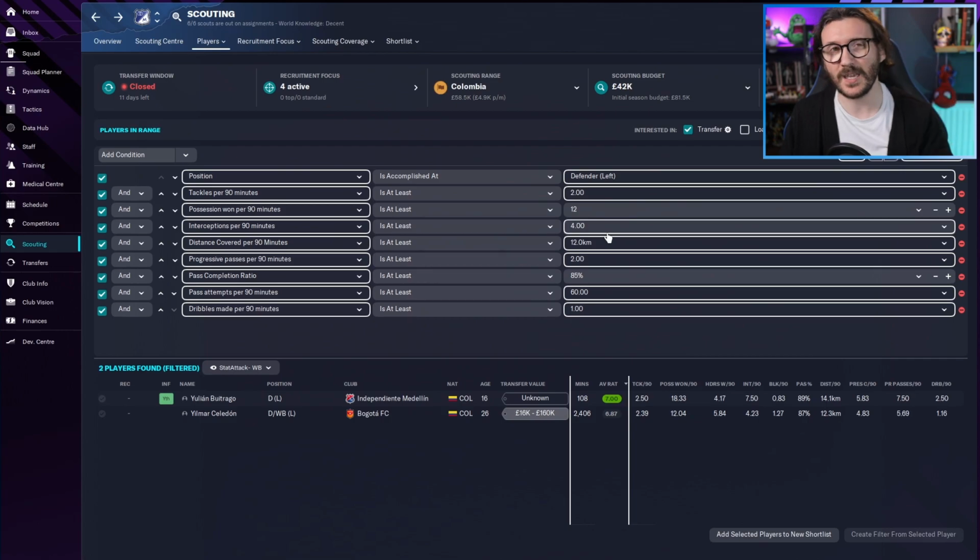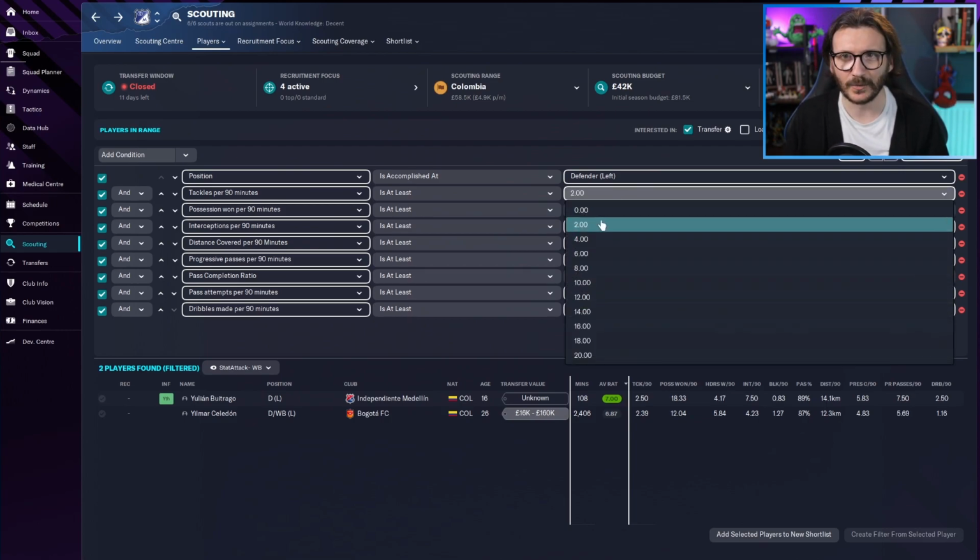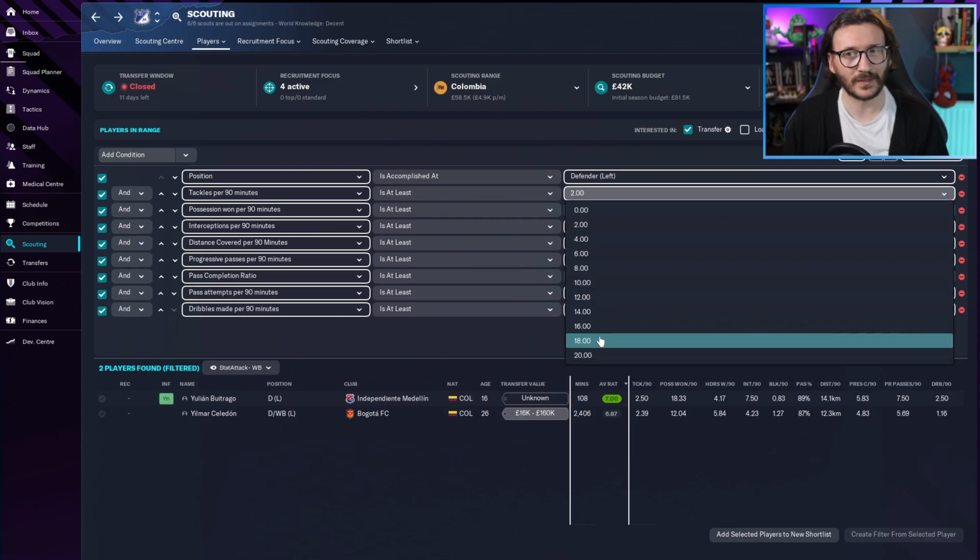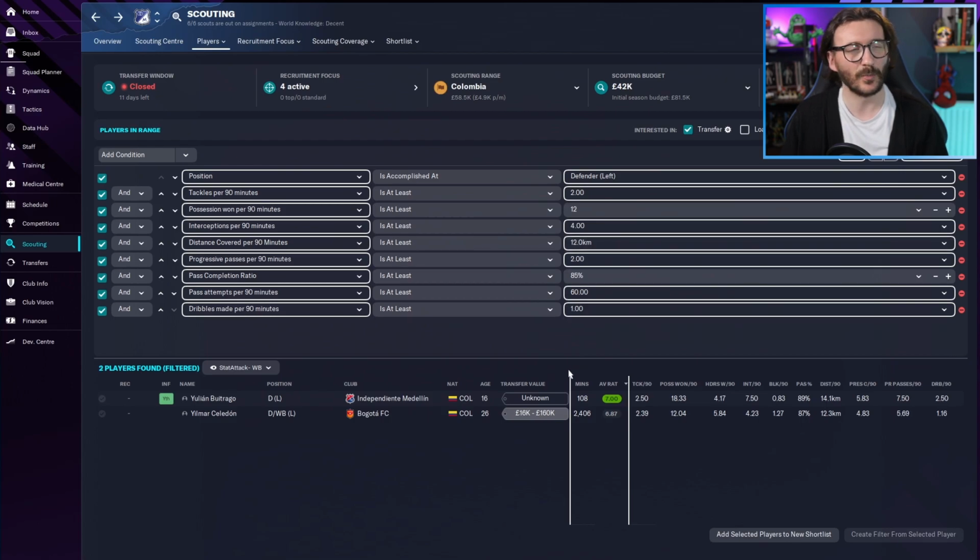Actually, while I'm here, I'm going to complain about a couple of things, because you know what I like to do. Some of the values you can't really specify. It's quite rigid, which is a little bit annoying, but whatever, doesn't matter. Right, where were we? Progressive passes per 90 is 2. It would be nice to be more, but they won't let me do more, so that's fine. Pass completion ratio of 85%. Omar Bartel and Juan David Diaz both had